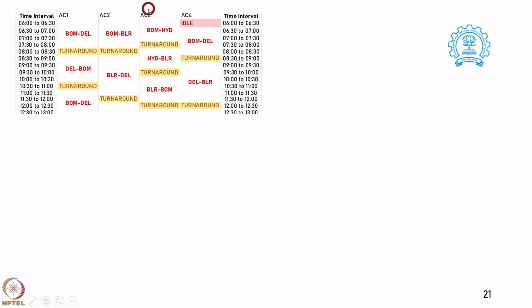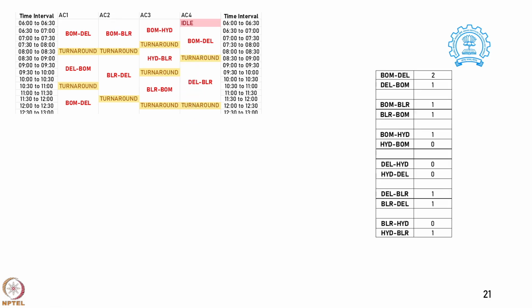The flight which went from Bombay to Hyderabad after turnaround time is going to Bangalore from Hyderabad, and subsequently from Bangalore it comes to Bombay. So, within the time of 12:30 with turnaround time, it completes its journey. And the last one which began half an hour late and reached Delhi at 8:30, after 9 o'clock it is ready for departure. So, we use it to meet the requirement of the second busiest route, which is Delhi to Bangalore.